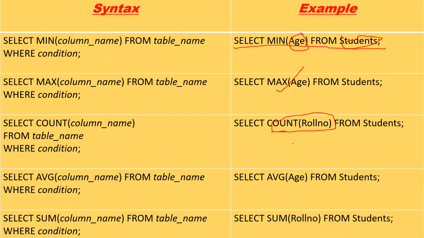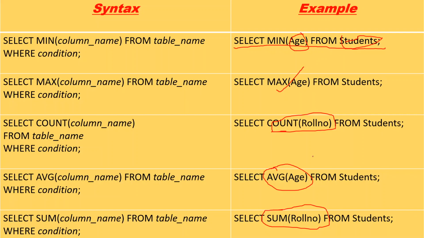If we have data for 100 students, it will give you count as 100. If we have data for 400 students, it will give you count as 400. And sum will add up all the values of the roll number and show the sum to you. There is a difference between count and sum. Count will count the number of entries and sum will add all the entries and show the sum to you. And the fifth one is average. It will sum up all the ages, find the average of all the ages and show the average value for that column to you.